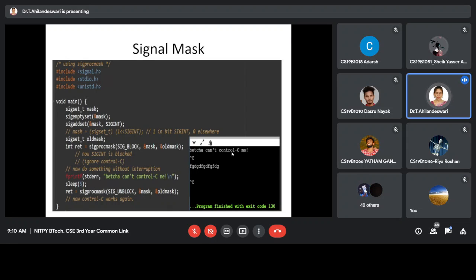So here it is displaying the statement, then I am pressing Ctrl C. It is not having an effect. The process is not terminating. Then before 5 seconds I am typing something. So again it is not having any effect. Then after that here I am unblocking the signal. So after unblocking the signal, I am pressing Ctrl C. So now it will have an effect. It terminates the process because here the SIGINT is removed. Okay, so SIG_UNBLOCK means we removed that signal. So now this signal has an effect in this running process so that the program is terminated.